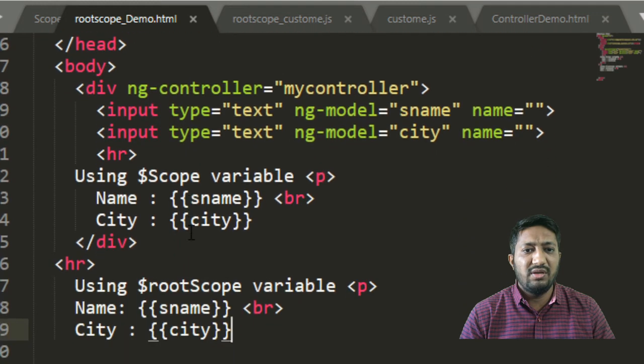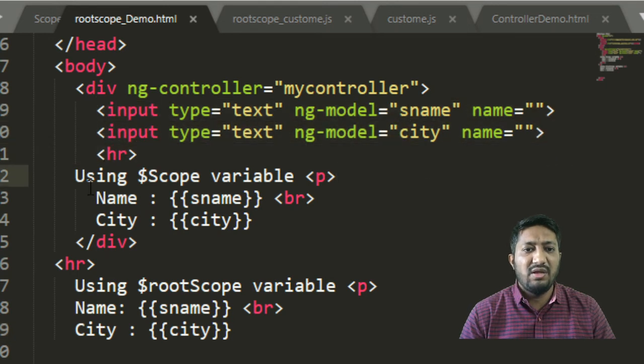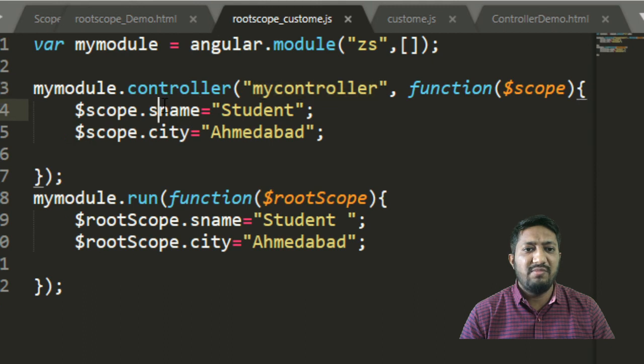So in this application we are taking input text with ng-model sname, the name is blank here. Then using the scope variable, we are printing sname and city. So sname and city are handled by my controller and maintained by our scope variable.